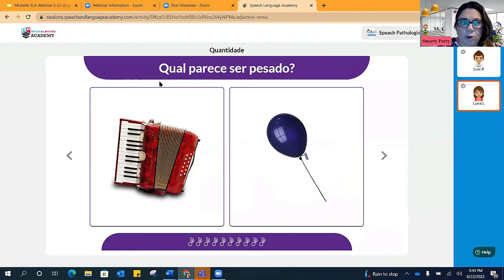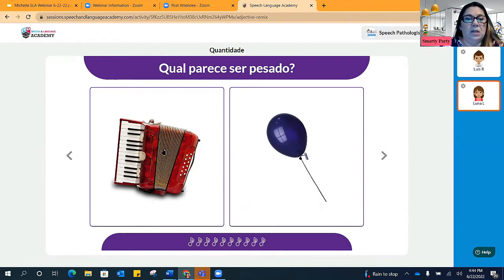You've got the written model in the language that they're speaking in. You've got a verbal model by a native speaker. And then these little music notes here on the bottom let you know the accuracy. So, Michelle, how do I know if it's right or wrong? I don't know what the question is asking. We have this developed so that when you click on the wrong answer, it does nothing. But if you click on the right answer, you get confetti.